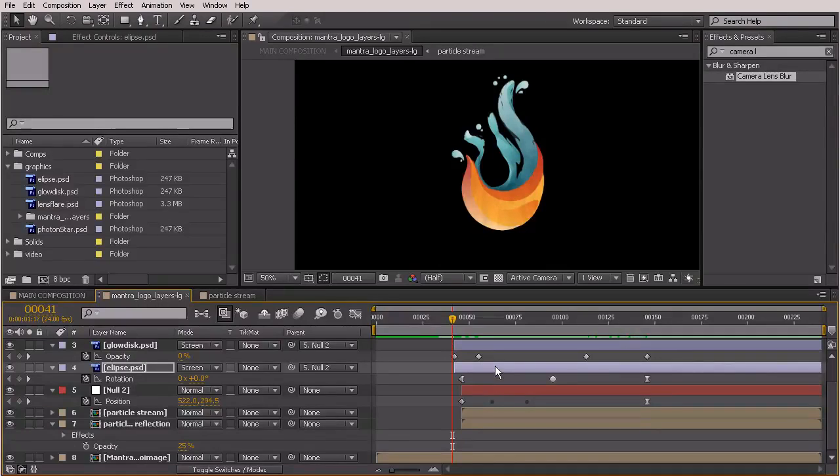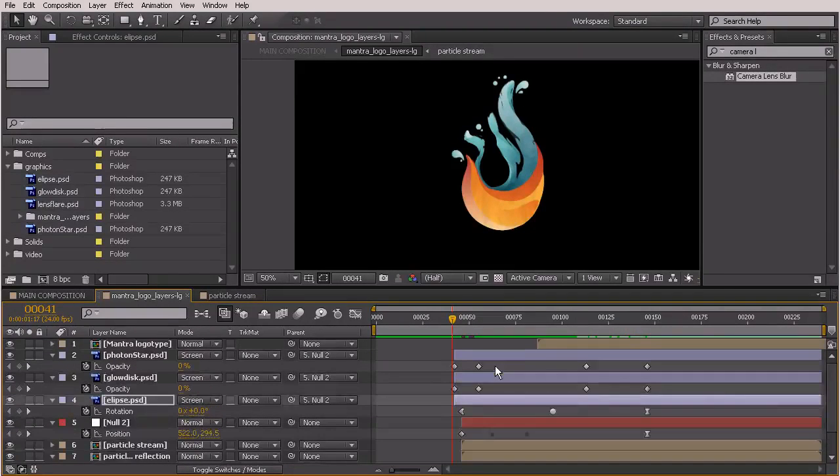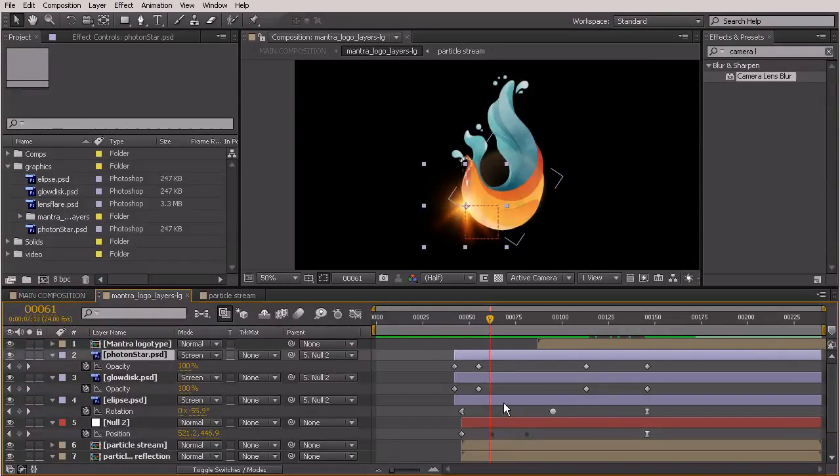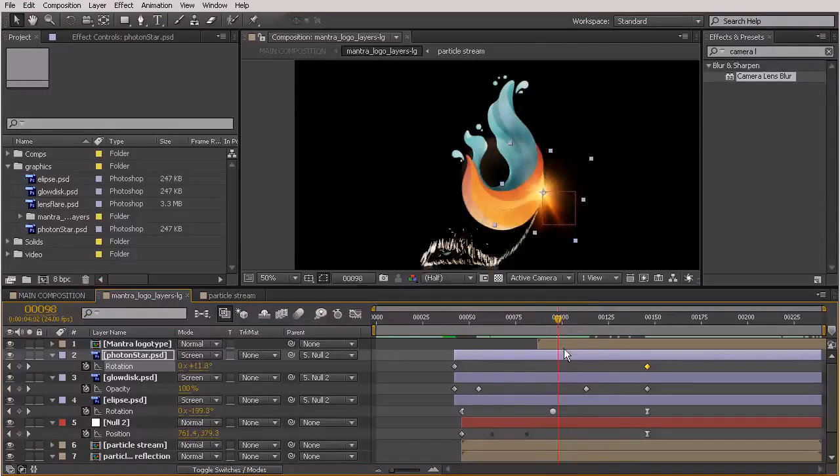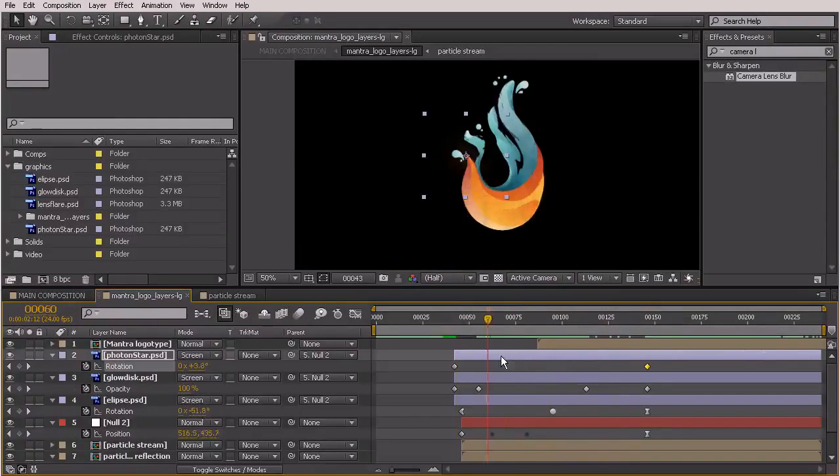And something else that we can do is come over here to the photon star and maybe give this a little bit of rotation as well. Now it does have its anchor point in the center, which is where I want it for this. I just want it to kind of rotate around so it appears to be twinkling a bit. So we'll bring up the rotation property for that and just take that all the way to the beginning. Let's just say it rotates around, you know, about 22 degrees. Then we'll take that there to the end. So you can see it just kind of has a very subtle rotation,